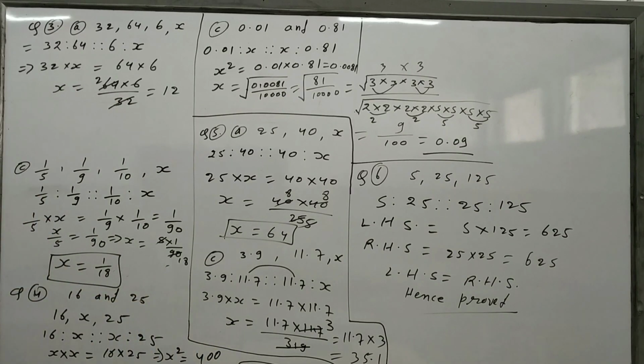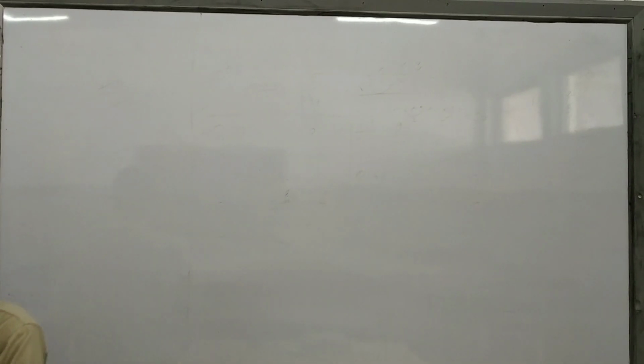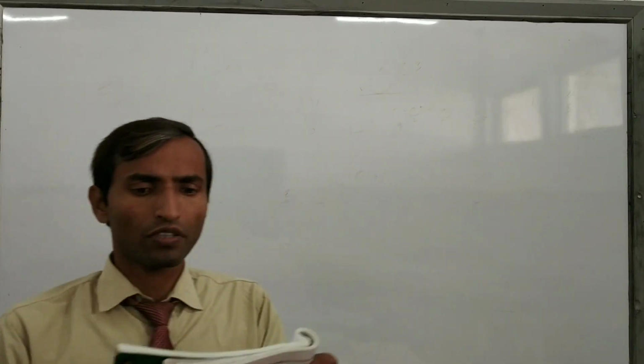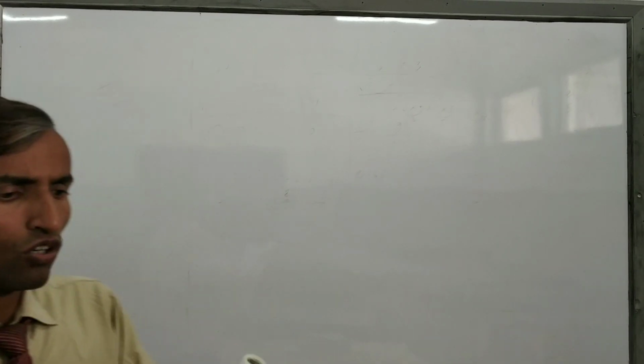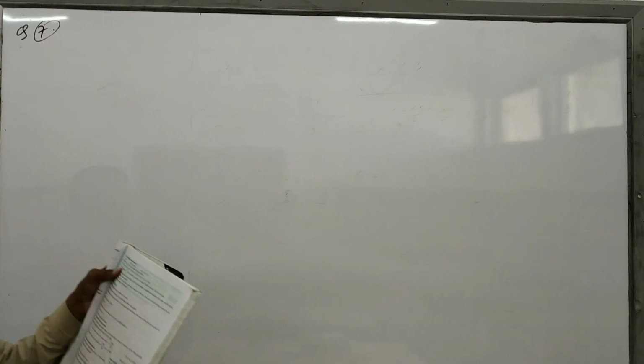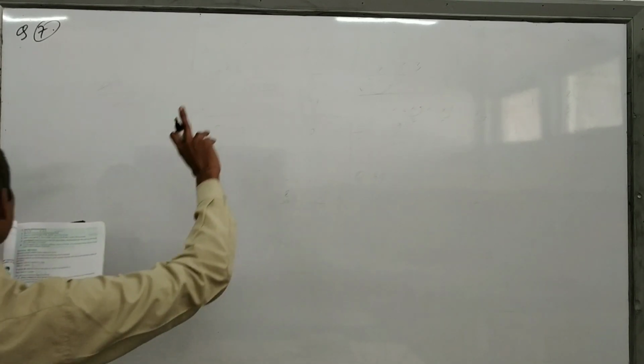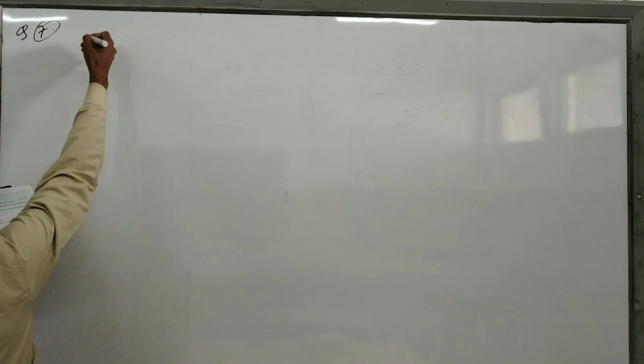Yes. Now we have to solve question number 7. How do we solve question number 7? Just read question number 7 first of all. If the cost of 8 meter cloth is 600 rupees, find the cost of 15 meter of cloth. So here question number 7 is given. Just read: cost of 8 meter cloth is 600. So we have to find the cost of 15 meter cloth. So just arrange it like this, means proportional.